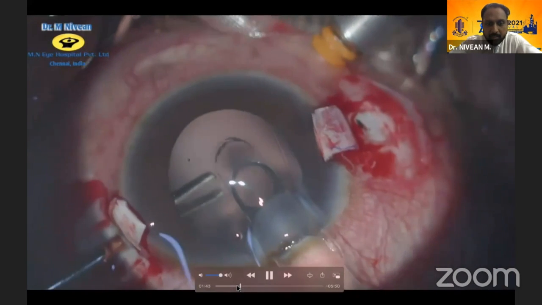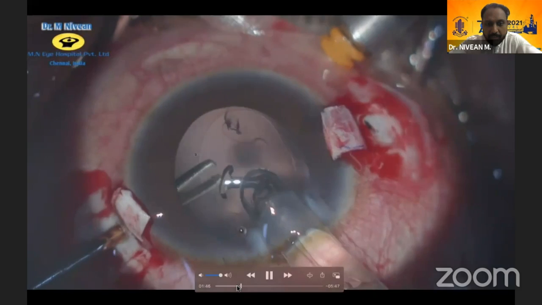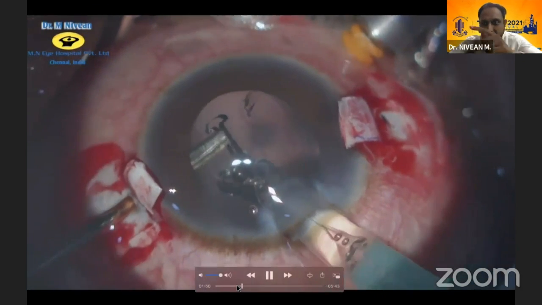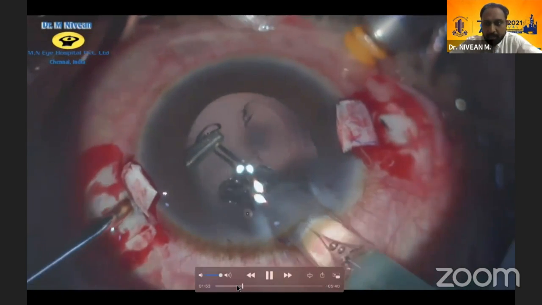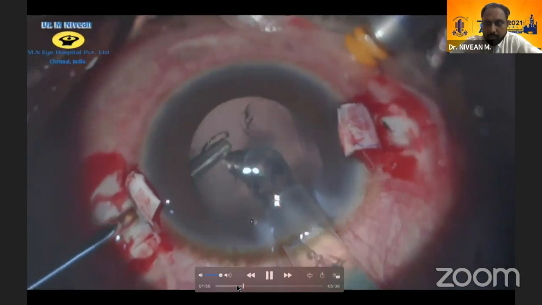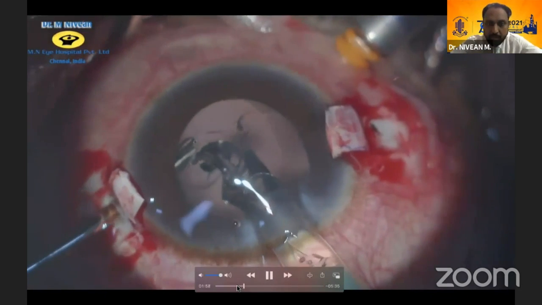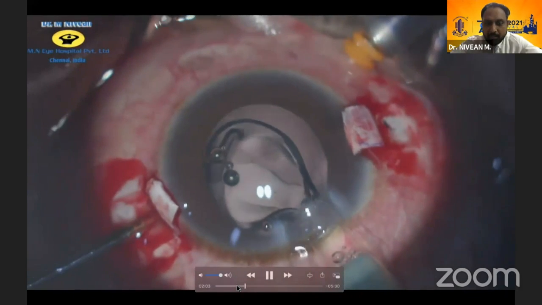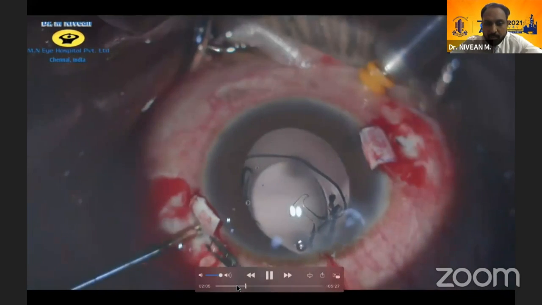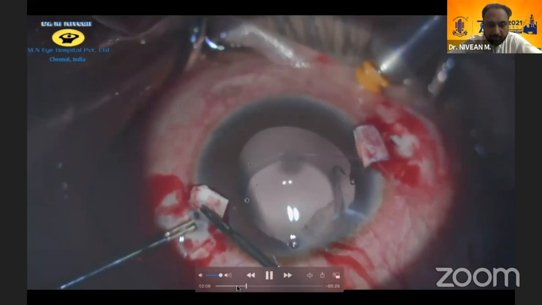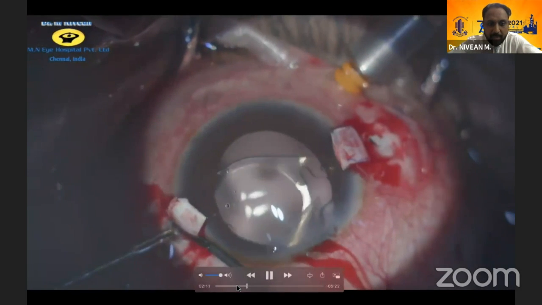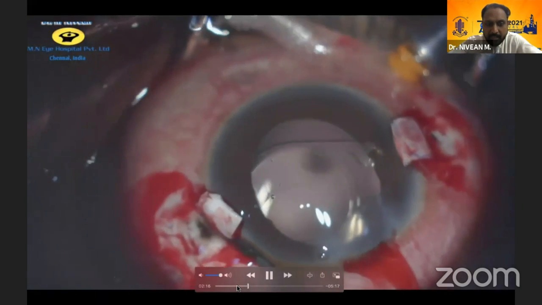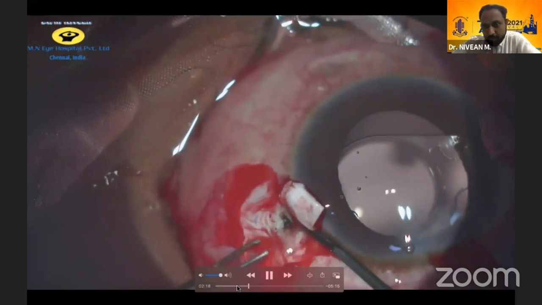As you can see, it goes through a clear corneal incision, and when you're injecting the lens, the T-shaped haptics come out first. So the head or the neck can be gently grasped, but at this time we are not pulling away the lens because it can cause it to detach or break. So we're just injecting the entire lens, and we can keep the trailing haptic at the wound or even over the iris. So once that is done, you can see we are slowly removing the T-shaped haptics. You can see there'll be a pop sound when it comes and it opens up, and then you just have to leave it. So these specially designed haptics are what prevent it from falling back inside.